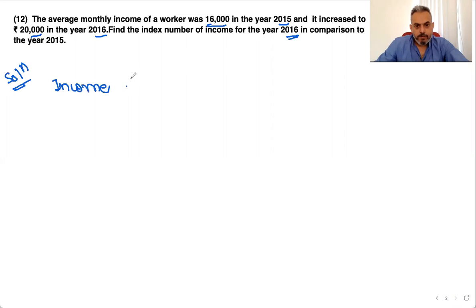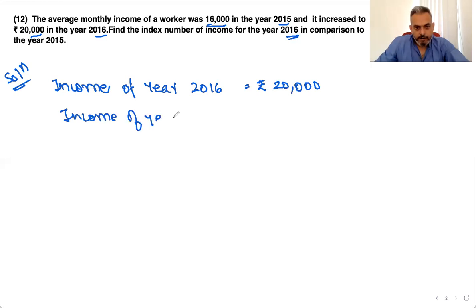Income of year 2016 is equal to rupees 20,000. Income of year 2015 is equal to rupees 16,000. Therefore, index number of year 2016